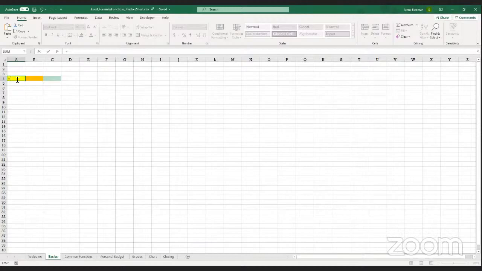And now I need to add in the information. So I'm just going to put cells A1 plus A2 plus A3. And I'll hit enter, and that will calculate that formula that I put in. Now you'll notice that it doesn't really tell me anything because I don't have any numbers in there. But once we have typed that formula, it appears up here in our formula bar so that we can easily